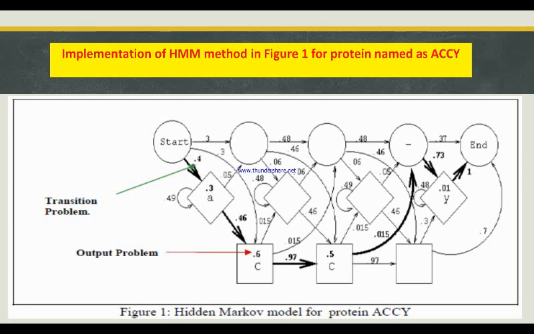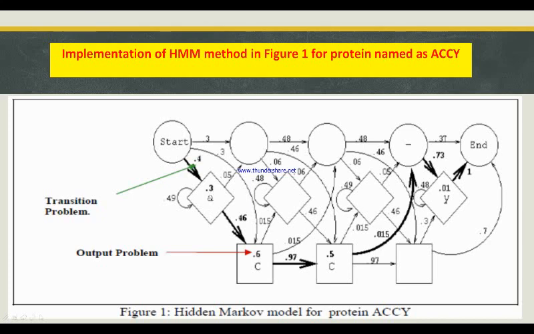The number in the box, here 0.3, we have 0.6, 0.5 and so on, indicates the probability that an amino acid occurs in a particular state. And the number next to the directed arcs, for example here, 0.46, shows probabilities which connect the states